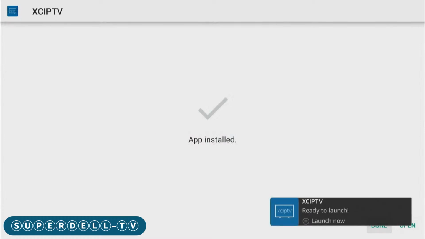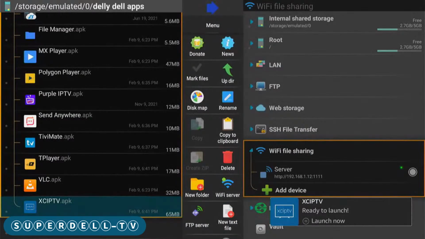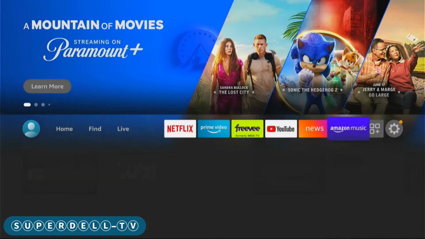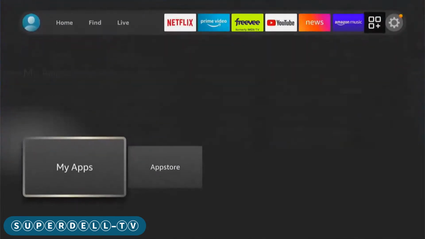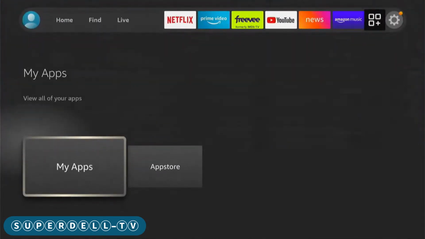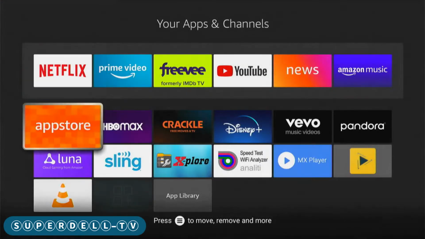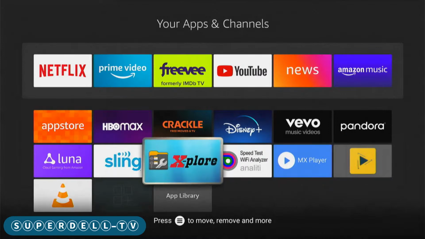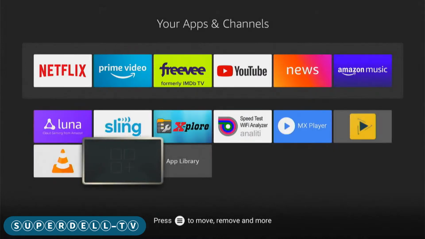All right. So you might say, all right, I am done. You hit the home button. All right. You go to your apps. And again, there are many ways you can go to your apps. But you should have all the applications that you installed on here. Now, of course, with some of these devices,